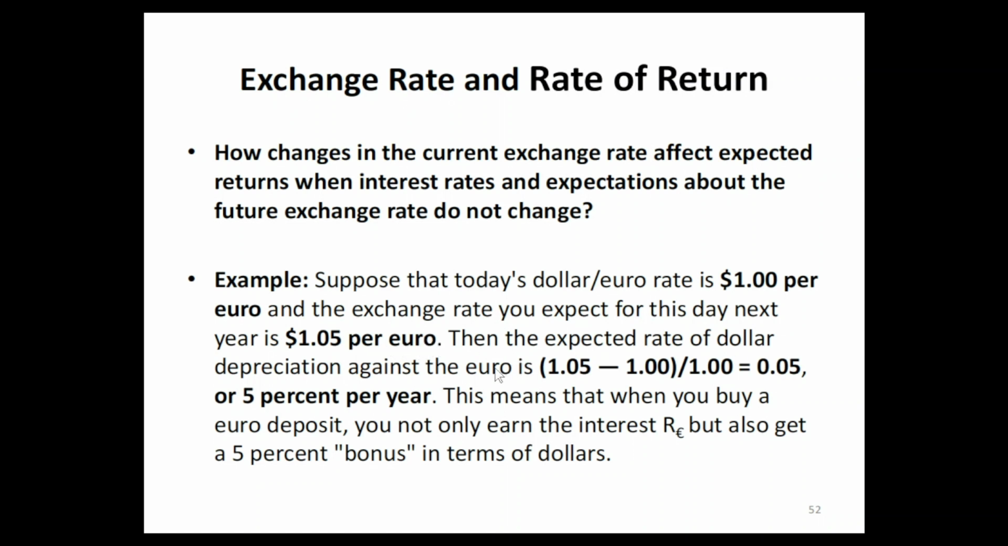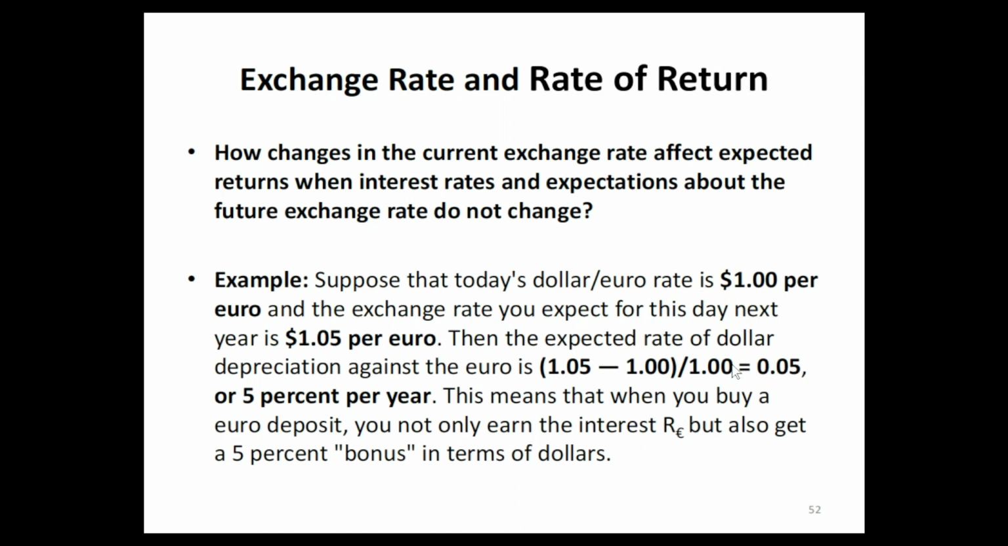Then the expected rate of return, or the rate at which the dollar depreciates against the euro, can be found. To calculate the rate as a percentage, we can do this: new minus old over old. So 1.05 is the new exchange rate, minus this one, which is the old exchange rate, over the